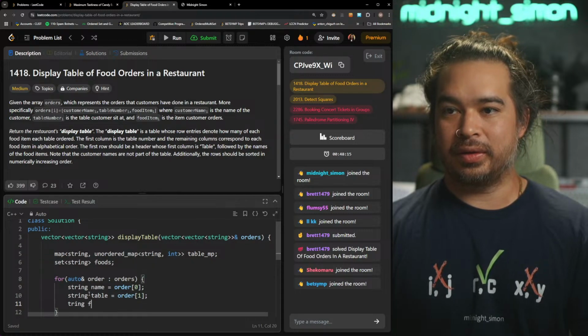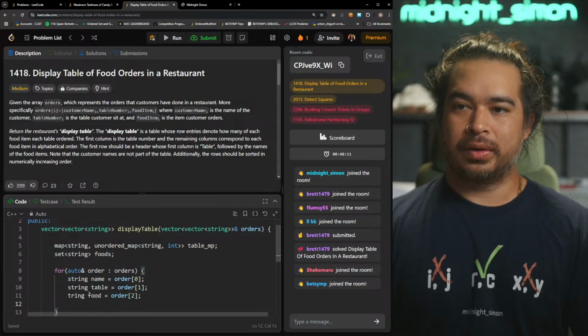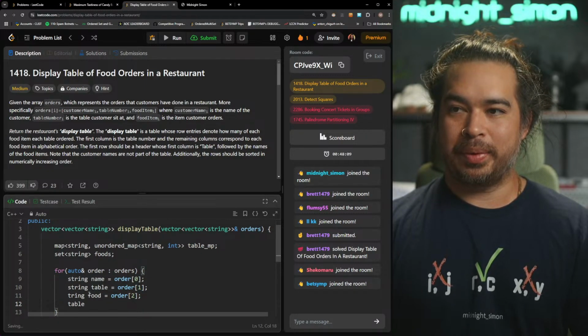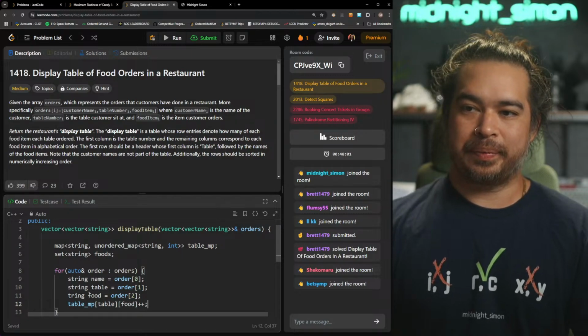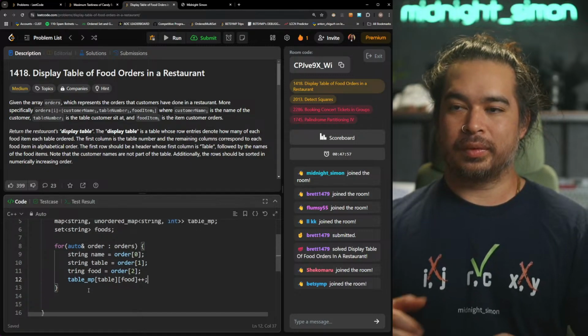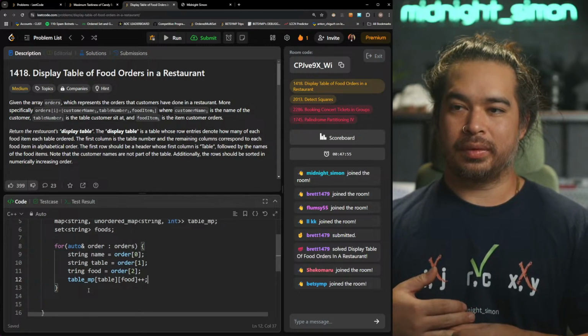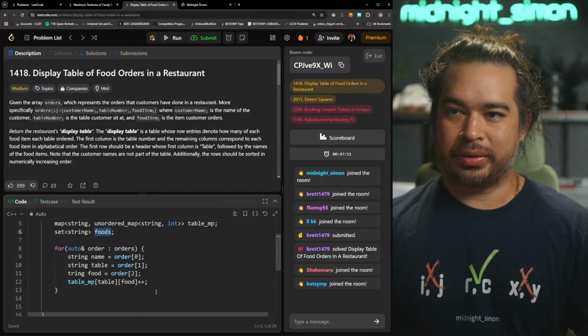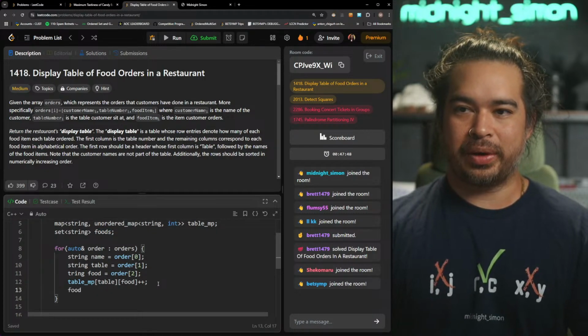And food. So I'll put in my table map and my food, increment that. Right? Also should try and keep track of all the foods that we have.